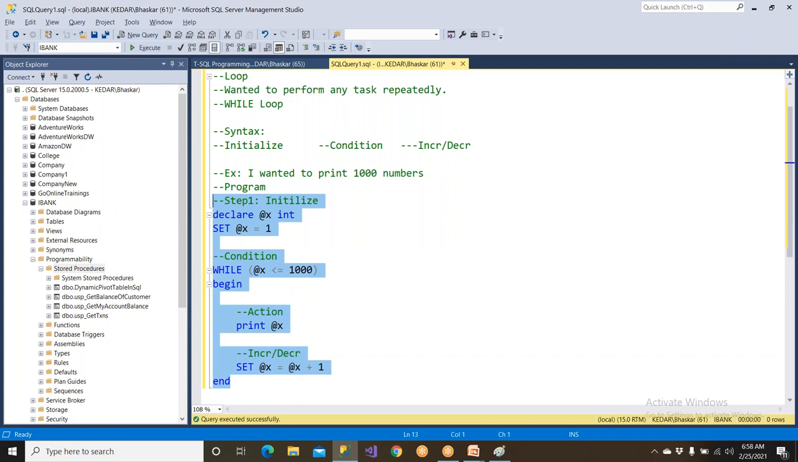So why is looping important? If you want to perform any activity 1,000 times, then you must use a loop. There are two loops. One is called the for loop, the second one is called the while loop. Unfortunately we don't have the for loop in SQL Server, we have only the while loop. Clear? So declare a variable, and while x is less than or equal to 1,000,